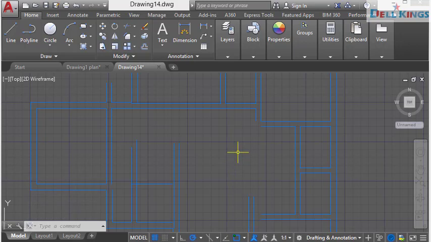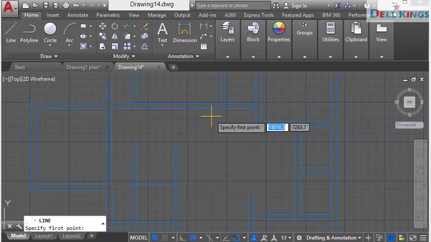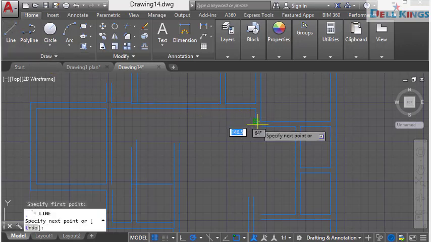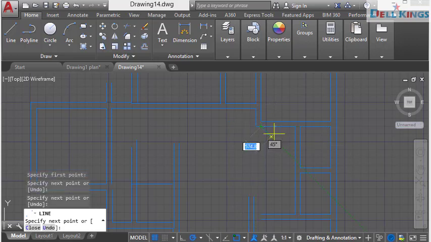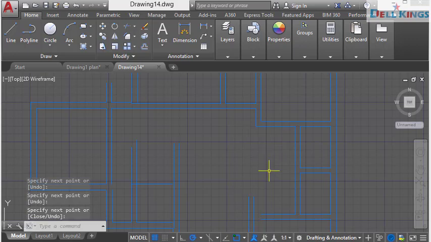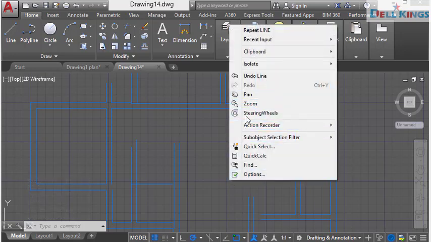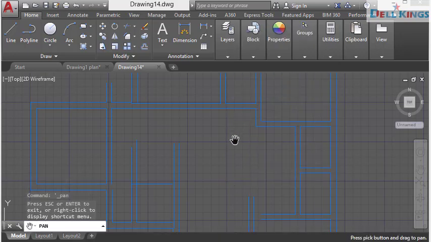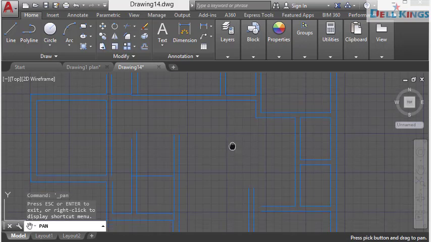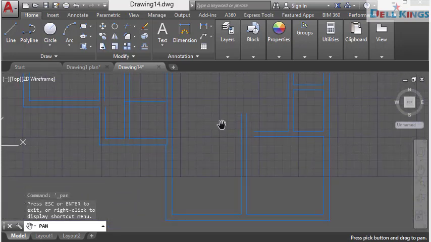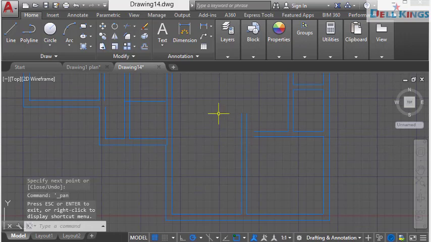So now we have this trim part again, so we still need to pick lines and then add to some of these parts. So let's add a line here and then trace this way, join this part to make it complete, then press enter, and then from here again we'll